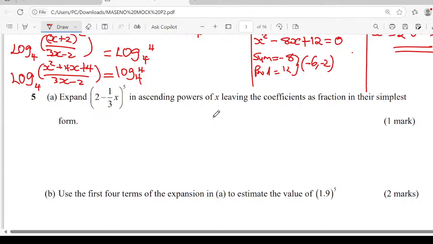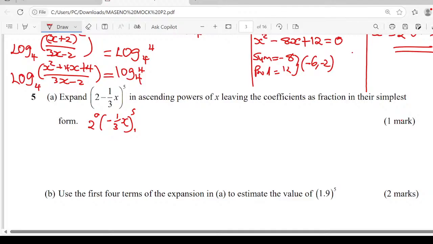We are supposed to expand this. So first we are going to write these numbers. Hope you know how to write. This will be now 2 raised to power 5. Then this will be 2 raised to power 0. Then this is going to be negative a third x raised to power 5. Then the next one,